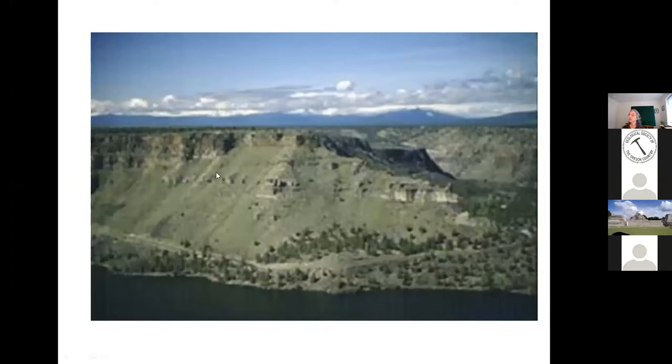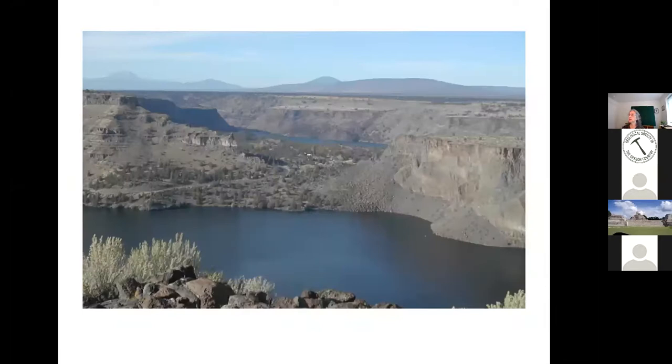So you can see here kind of a plateau because it's flat-topped, because of igneous rock. This lava, instead of making a cone, just pours over the landscape and makes a flat area that's very durable and hard to erode, so it stays, it goes the distance. You can see here we've got some Cascades, or some different mountains, in the background, but here we have this nice flat area, and that's capped by lava flows, one lava flow after another.